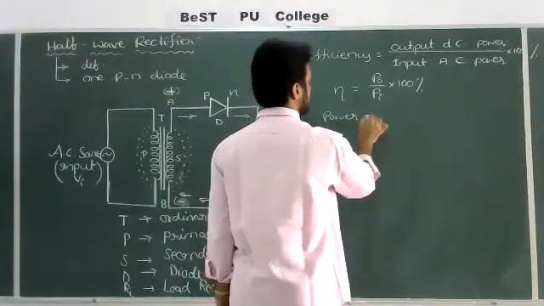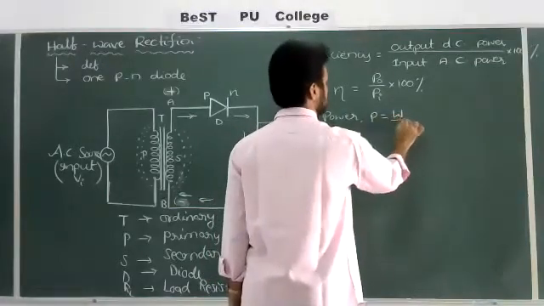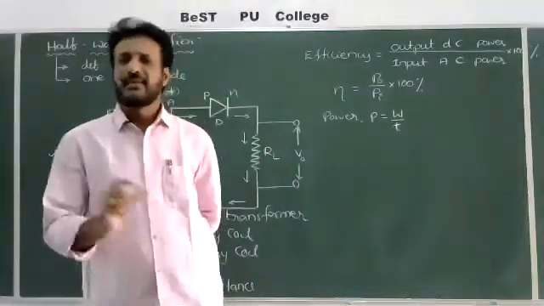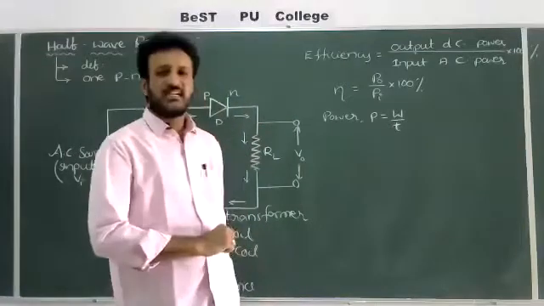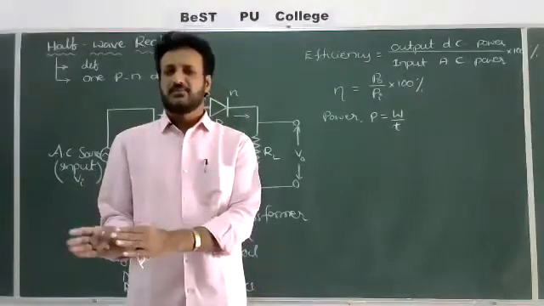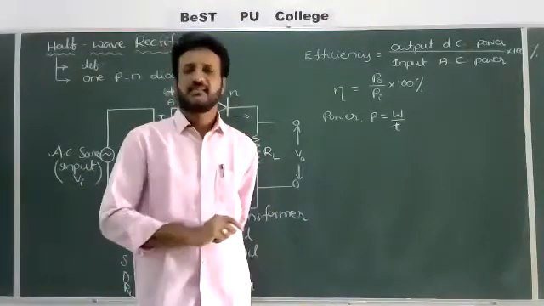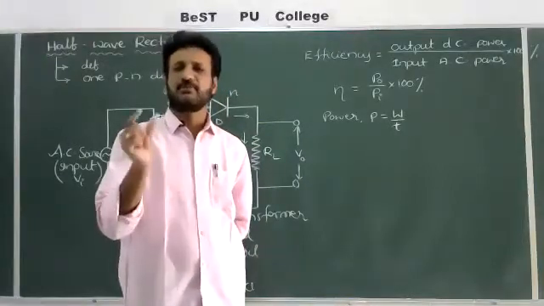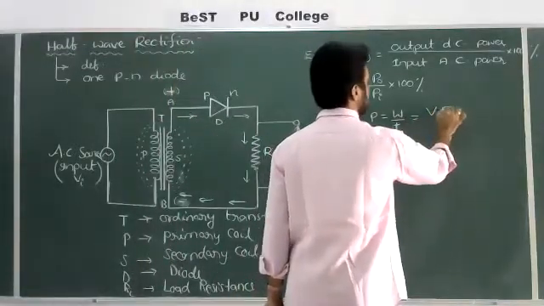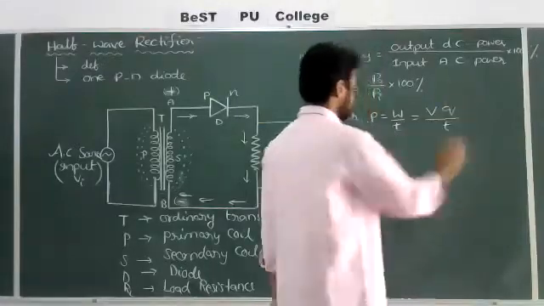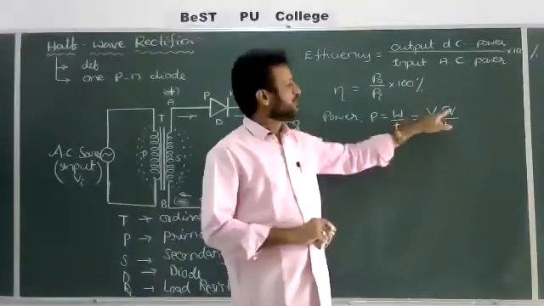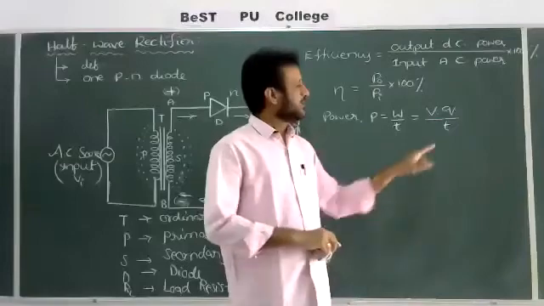Power is equal to work done by time. We know the general formula: power is equal to energy by time, or work done by time. In the electricity branch, consider the work done formula. Potential difference is the amount of work done in moving a unit positive charge from one point to another point. V is equal to W by Q, or W is equal to V into Q. So we can write the formula as potential difference into charge divided by time, where V is the potential difference, Q is the charge of the given charged particle, and T is time.